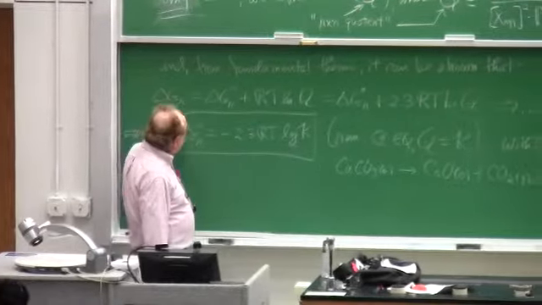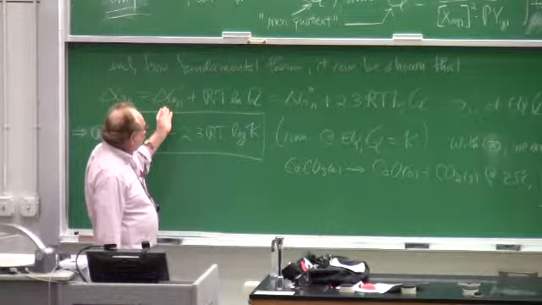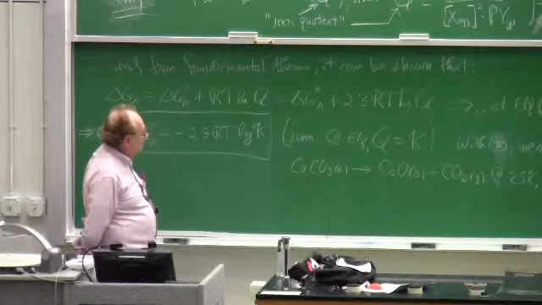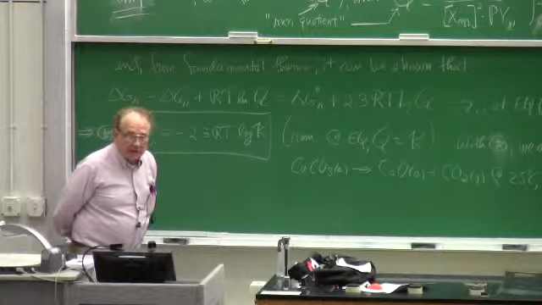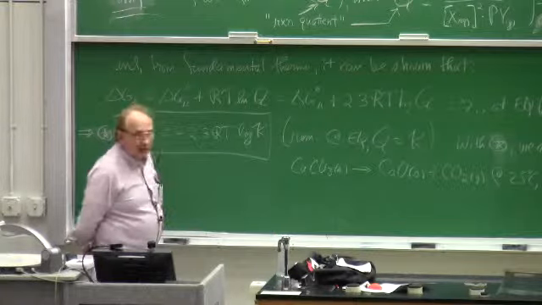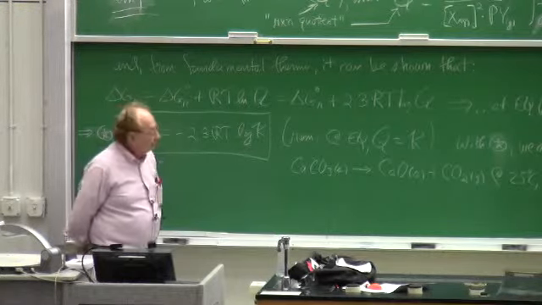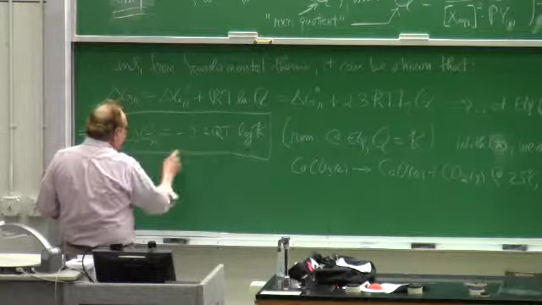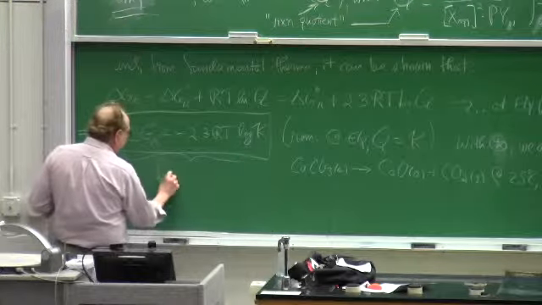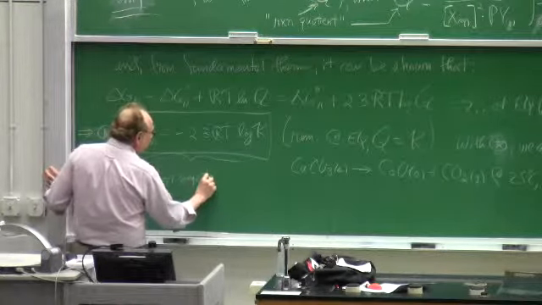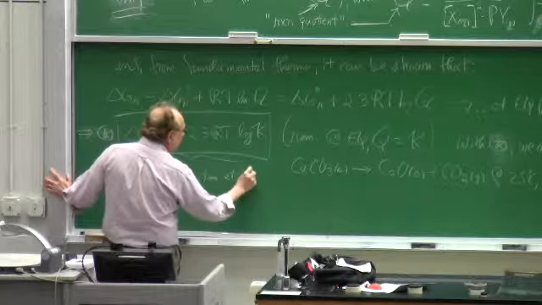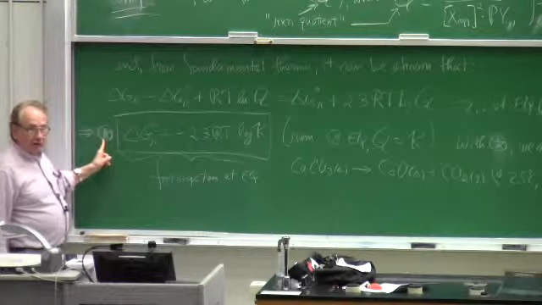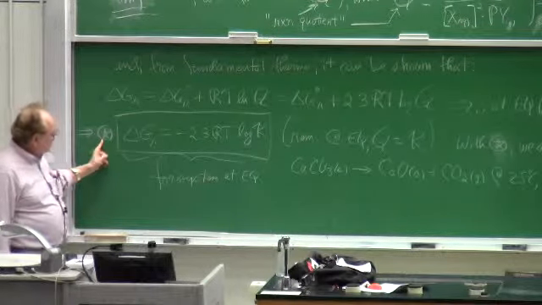Change in free energy for a reaction is equal to the standard change in free energy for that reaction plus RT natural log of Q. And when a reaction is at equilibrium, delta G is 0. And when the reaction is at equilibrium, Q is equal to K. So that gives us this for the system at equilibrium. So I don't have to keep writing this, I'll call it circle star for convenient reference. This is important